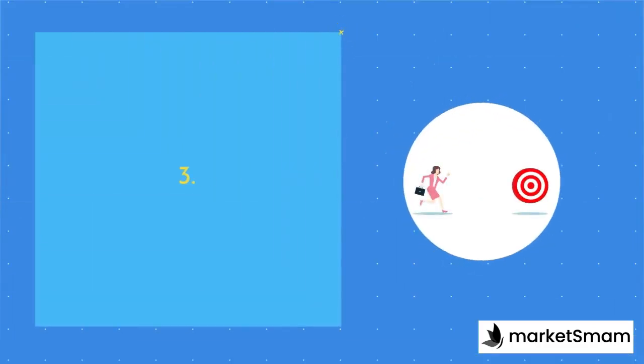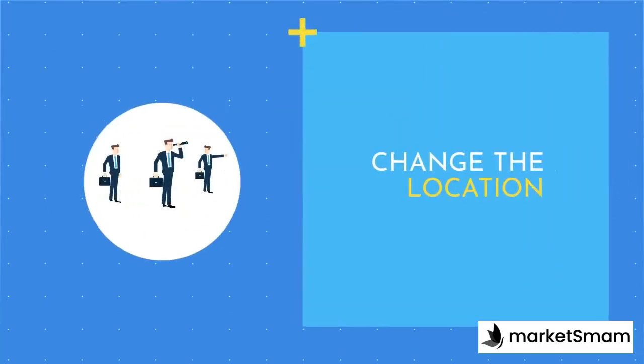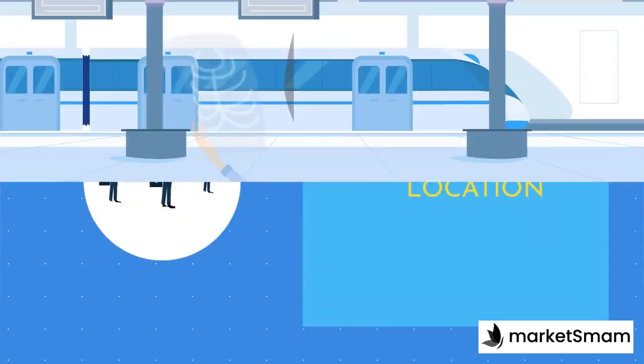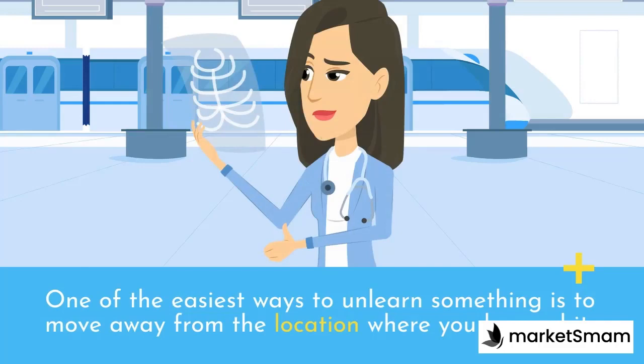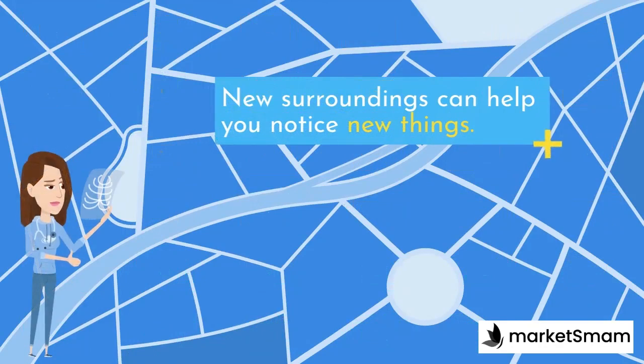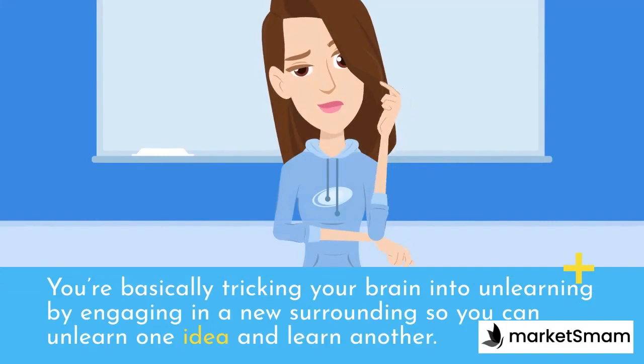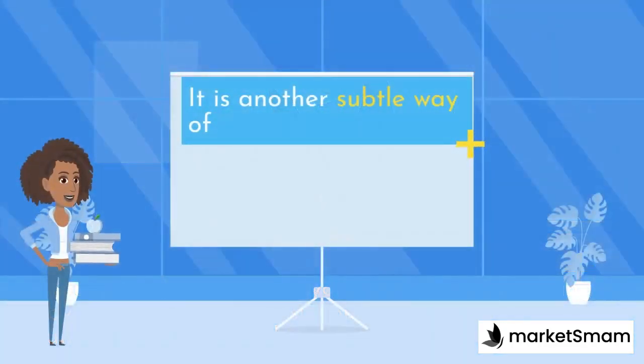3. Change the location. One of the easiest ways to unlearn something is to move away from the location where you learned it. New surroundings can help you notice new things. You're basically tricking your brain into unlearning by engaging in a new surrounding so you can unlearn one idea and learn another. It is another subtle way of